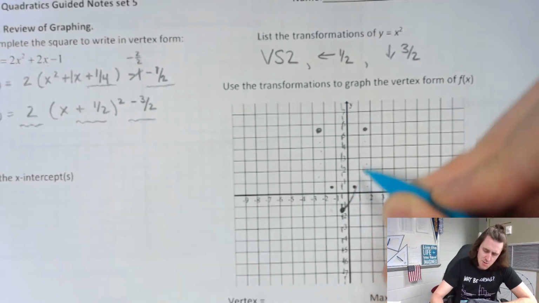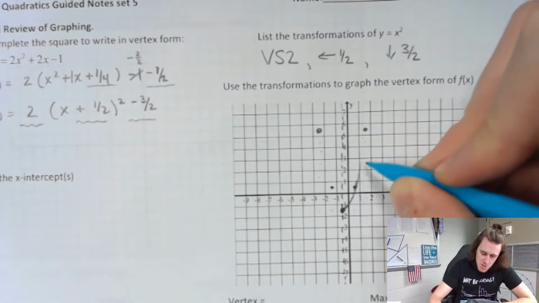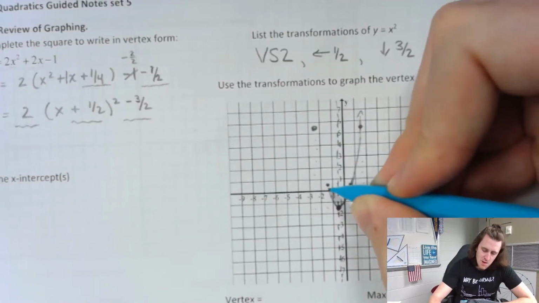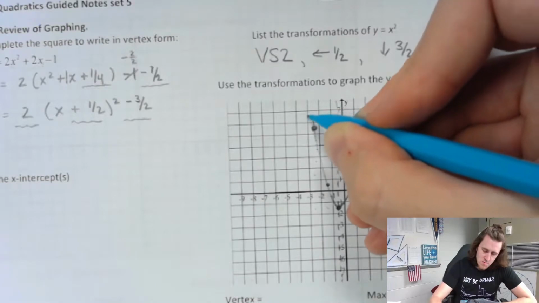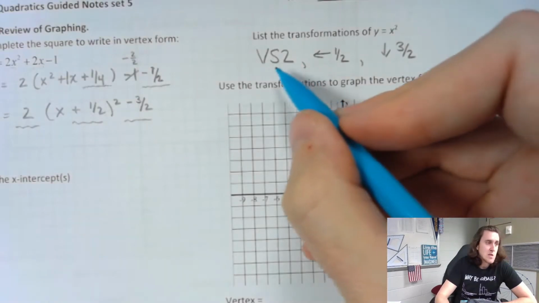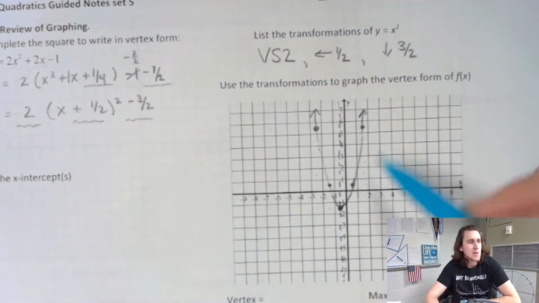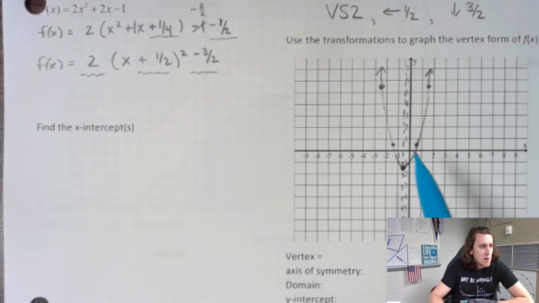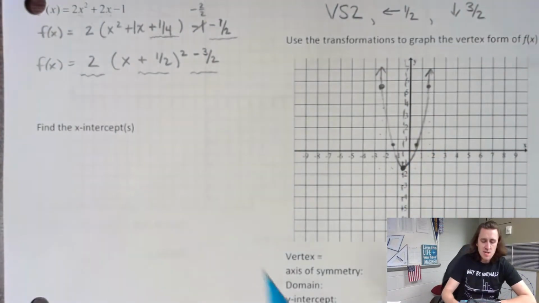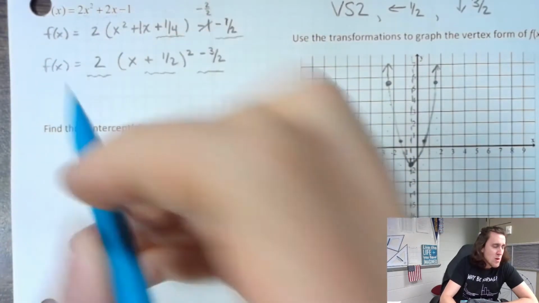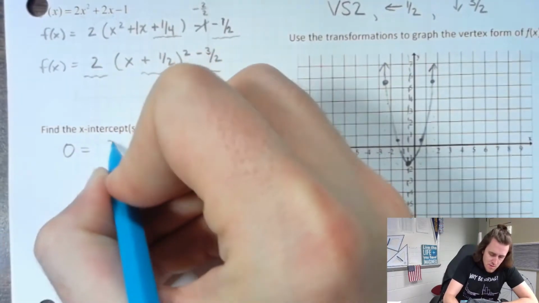So the idea for this set of notes is meant to be a review of all of the other skills we've learned about in our first couple sets of notes. So in note set 4, we talked about horizontal stretch or compression. Note set 3 is about vertical stretch or compression, which is affecting the graph here. And this is actually our first set of notes where we talk about finding roots when the roots aren't nice pretty numbers. So the idea is we're going to find the x-intercepts by plugging in 0 for our y value